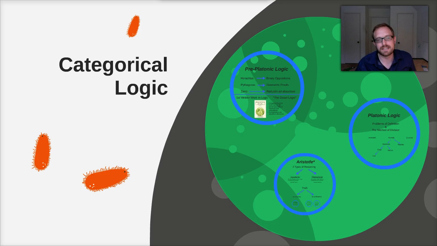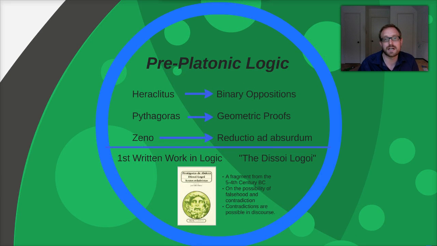So let's talk here about categorical logic. You're going to see that the language of categorical logic is applicable ultimately, but we're going to be talking about issues that transcend simply categorical logic. To start off, we can talk about it in the classic sense, because categorical logic was developed fundamentally and initially by Aristotle and then developed further by later philosophers, especially in the medieval period. But the nuts and bolts of categorical logic is developed by Aristotle as syllogistic logic.